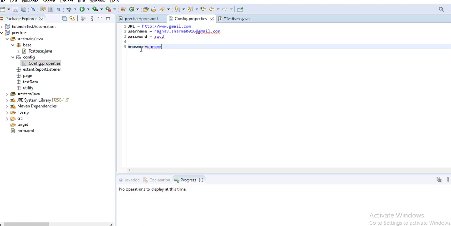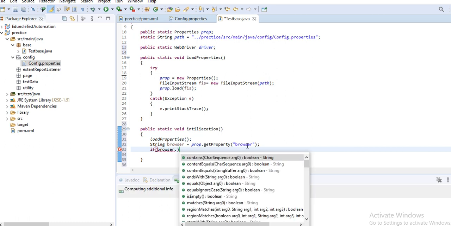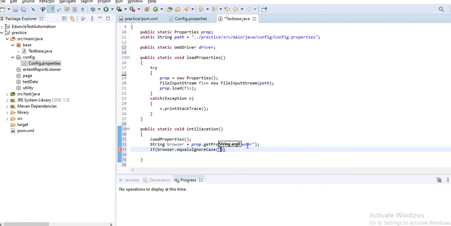Okay, so here we just need to pass that name which is browser. Okay, now just create if condition that if browser dot equals ignore case, which browser, if the browser is Chrome,